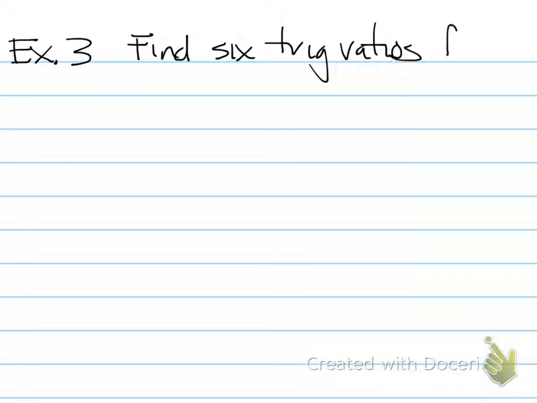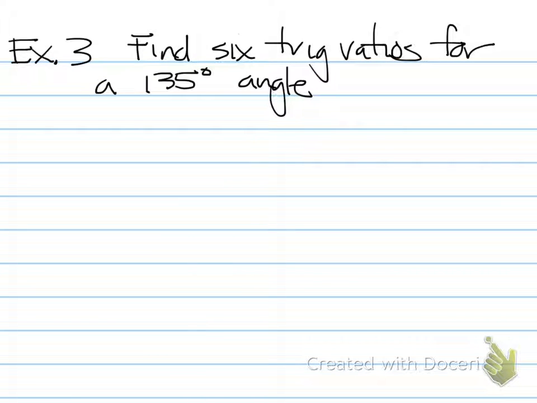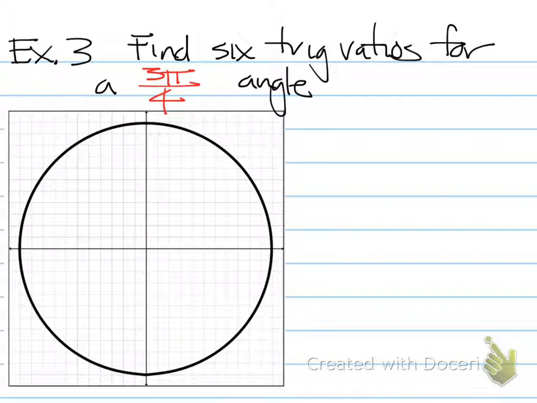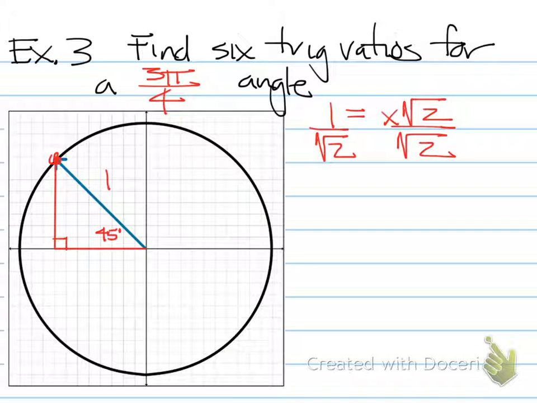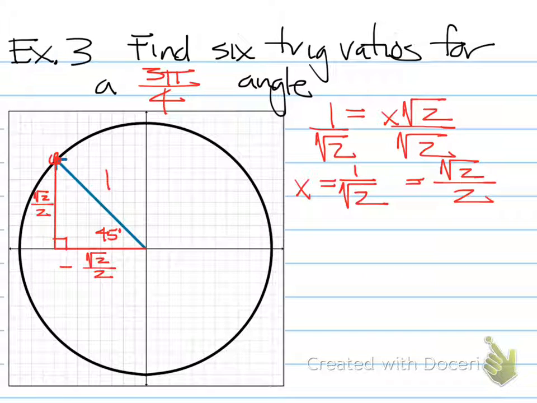And lastly, if we wanted to find the 6 trig ratios for 135 degrees, we want to first convert that to radian. 135 degrees in radian measure would be 3 pi over 4 radian. And that's where the terminal side would be located, forming a 45, 45, 90 degree triangle. Both legs of the 45, 45, 90 triangle are going to be square root of 2 over 2. Because all the x coordinates in the second quadrant are negative and all the y coordinates in the second quadrant are positive,